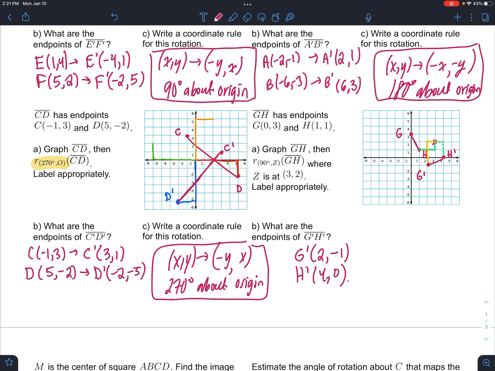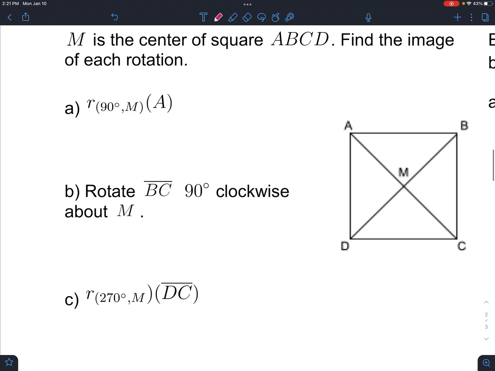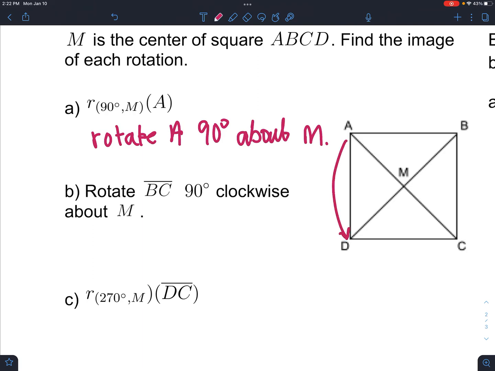Now we just need to talk a little bit about the rest of the notes here. So M is the center of the square, and we need to find the image of each rotation. So this one you want to rotate A 90 degrees about M. That's what that notation means. Lowercase r we're going to use for rotate. So yeah, if the A goes 90 degrees, it's going to pop down here. You can imagine just taking this square and rotating it 90 degrees. A is going to go to D,